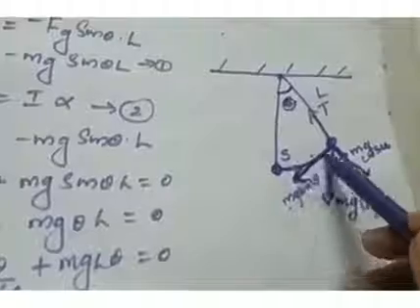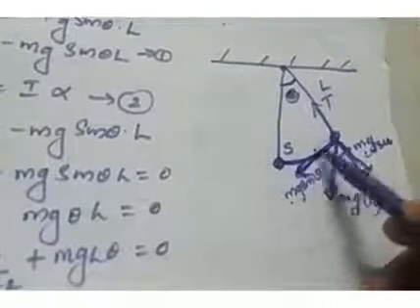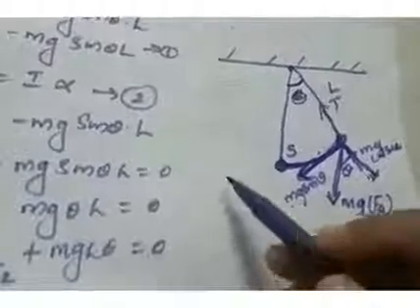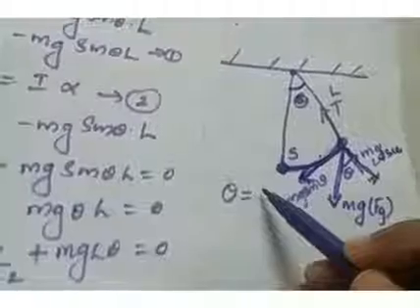And this mg sin theta is the tangential component because it is acting tangent to this curved path. Okay, and this is the arc of that oscillatory motion. When you complete this arc, you will get a circle. So this is a part of the circle and can be considered as an arc. Okay, and by the arc radius relation, you will obtain an expression for this arc. What is that? From the arc radius relation, angle theta is equal to arc length by radius.